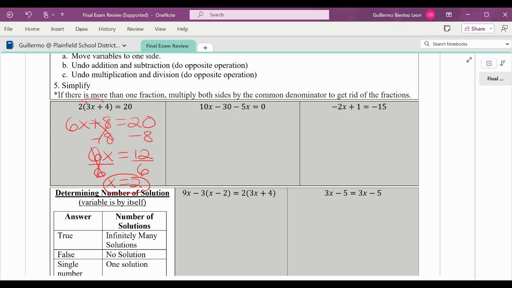Next, there's no distribution here because there's no parentheses. So I'm going to go to step 2, which is combine like terms. There's 2x terms. I do not need to do the opposite since I'm just combining them and they're on the same side. I'm just going to do 10 minus 5, which is 5x. Negative 30 comes down. And I solve this. To get rid of subtraction, we add